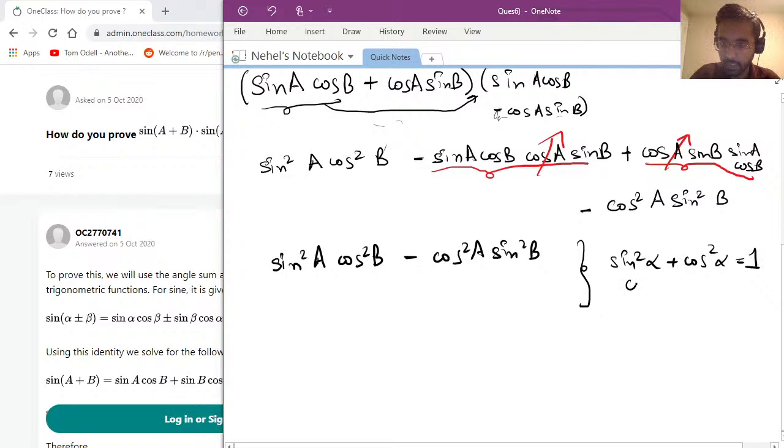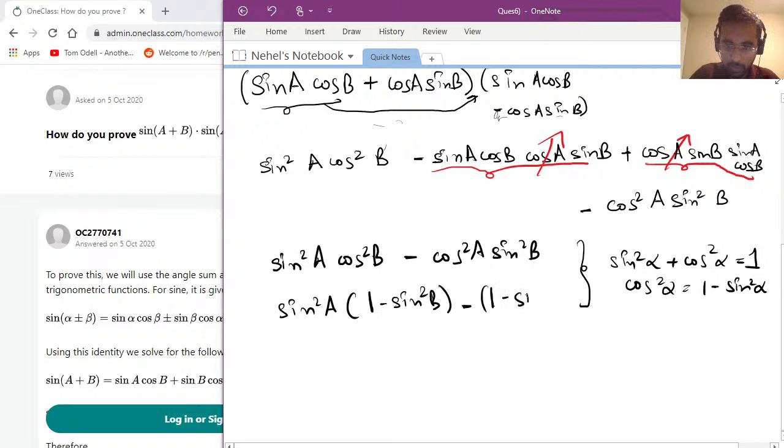So from here we can say cos square alpha is equal to 1 minus sine square alpha. In this example, it becomes sine square A times 1 minus sine square B, since the angle is B in this case, minus, and then we have cos square A, which according to this formula becomes 1 minus sine square A